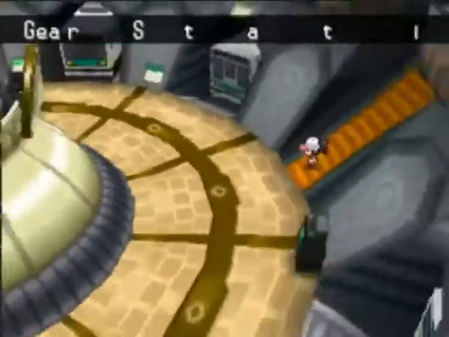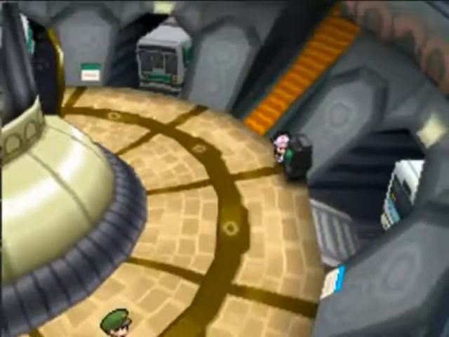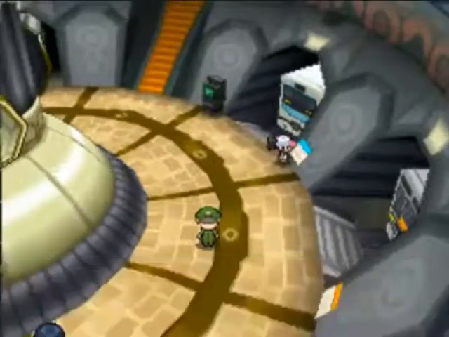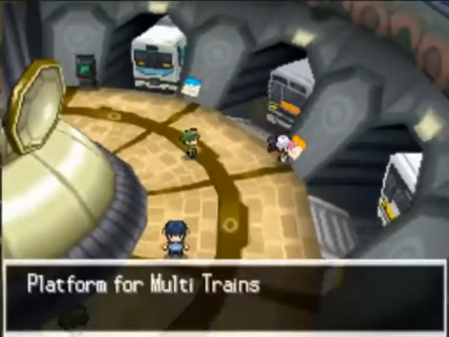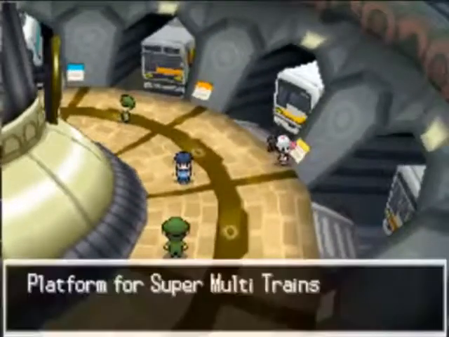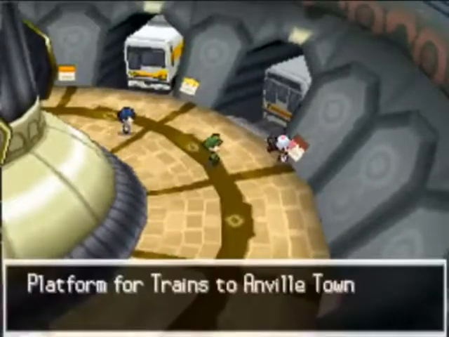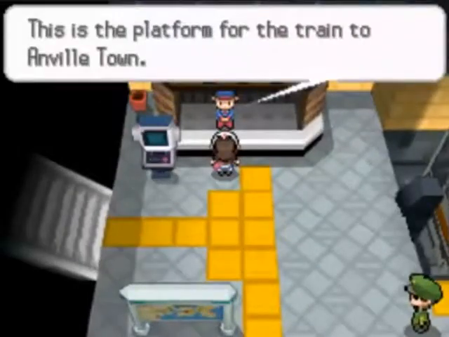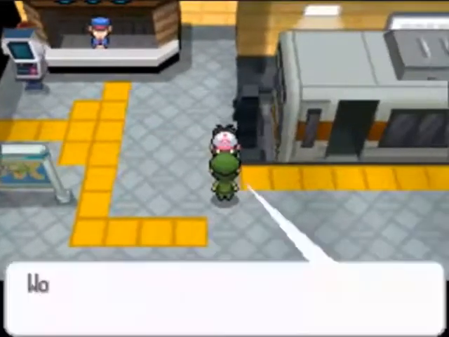This is the gear station where you can battle trainers over Wi-Fi and stuff, I think. I'm not sure. Wi-Fi trains, multi-trains. I think it's just a place where you can battle a ton of trainers. But I'm not doing any of that. I'm going to Anvil Town. It's kind of like this little town in the middle of nowhere, and it's...